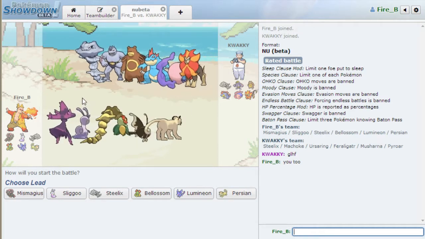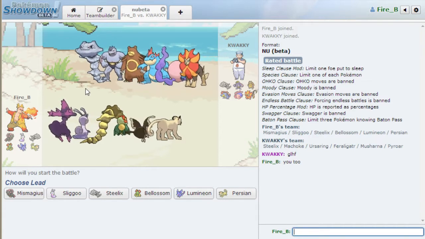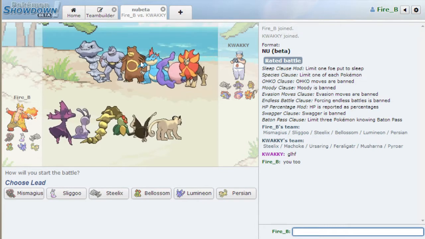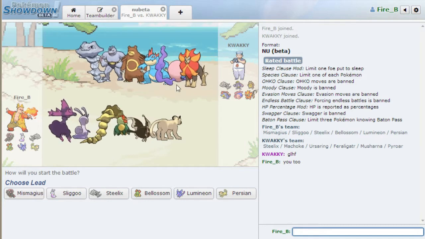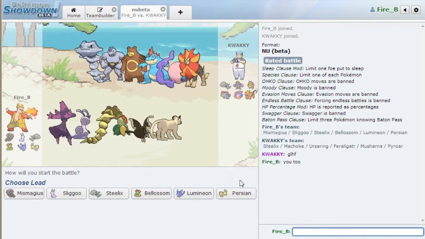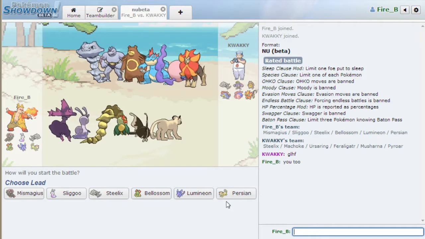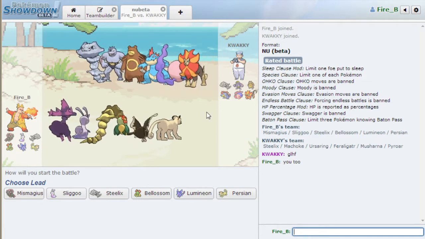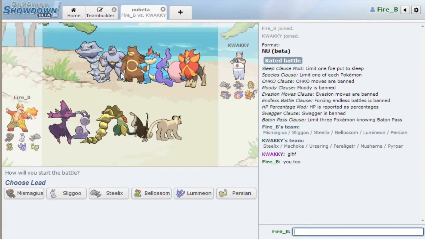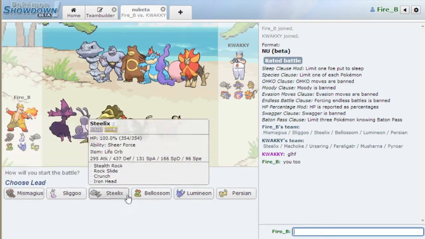Let's see, this team. The physical threats are real. They have the Steelix, they have a Machoke, got an Ursaring, and a... Ugh. And they have a Mismagius. So, we definitely want to keep Persian around to mess with Mismagius. But I'd say Persian, actually, because physical hits. Pyroar, I think, are generally special, like specs. They'll probably lead with their Steelix. So we will